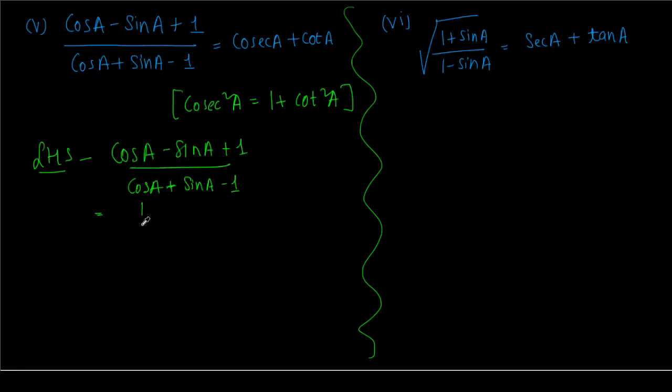Oh, let's not do that. Let us write this in terms of cosecant and cot. For that, we will be dividing both the numerator and denominator by sin A. So dividing by sin A,